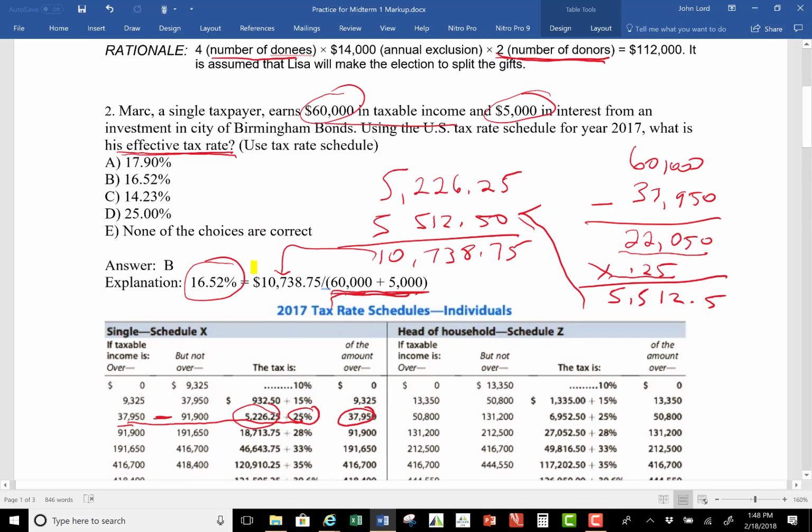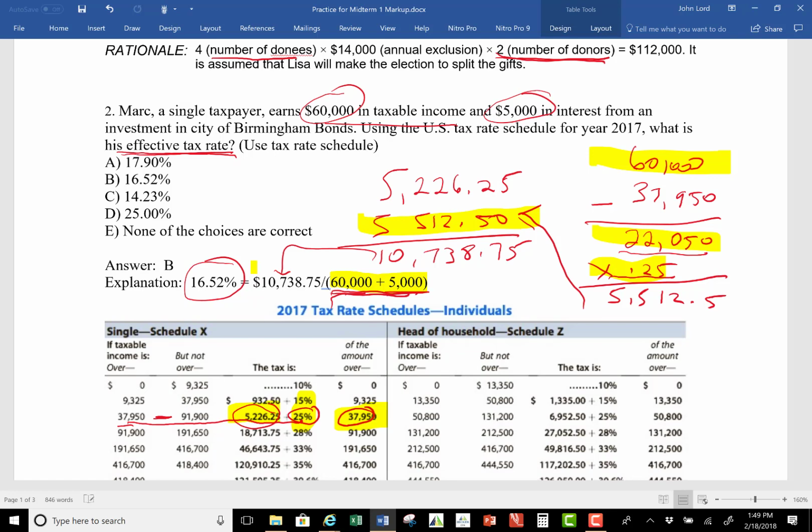Okay, number 2, Mark, a single taxpayer, earned $60,000 in taxable income, $5,000 in interest from an investment in these non-taxable bonds. We want his effective rate, so we take all income, whether taxable or not. Obviously, to figure out his tax, we only pick up the portion that's taxable. And he has this amount that's over the threshold for his bracket, and so we have to take 25% of that according to the table, and that gives us this